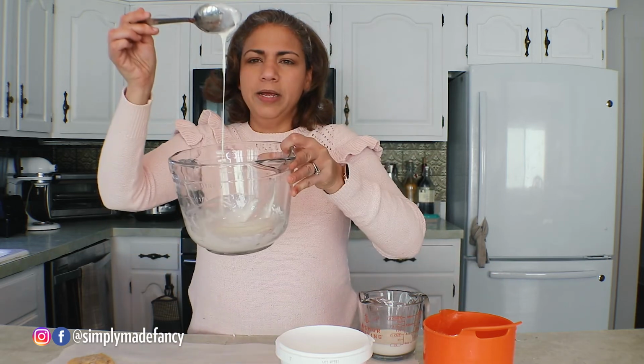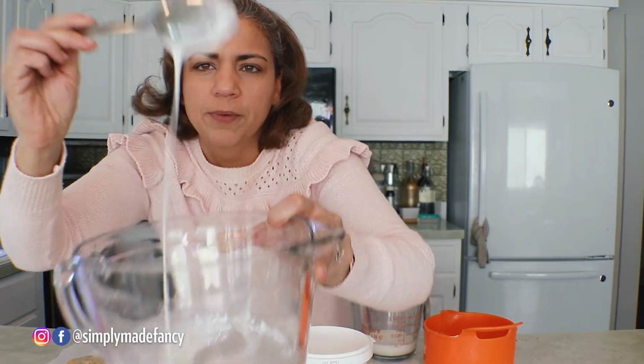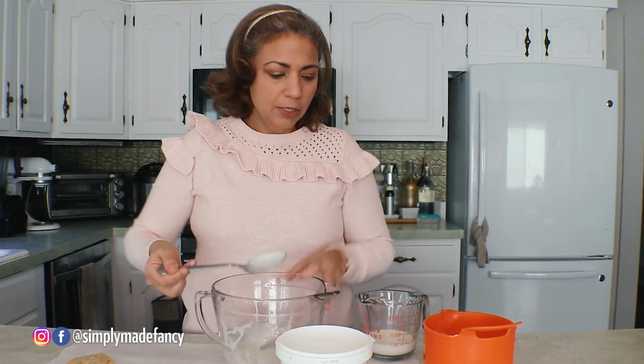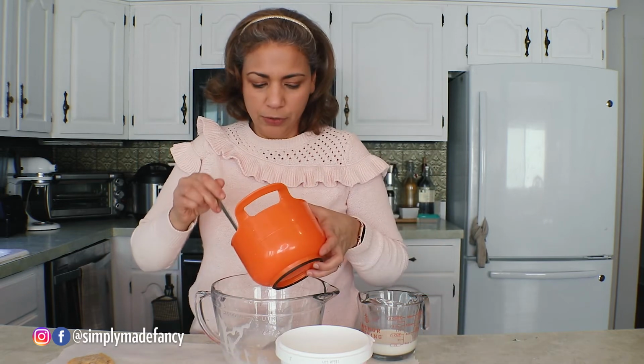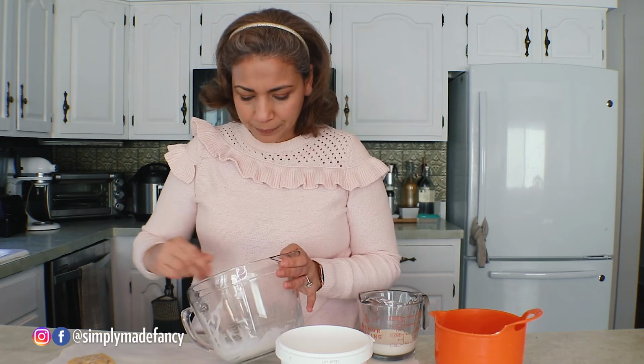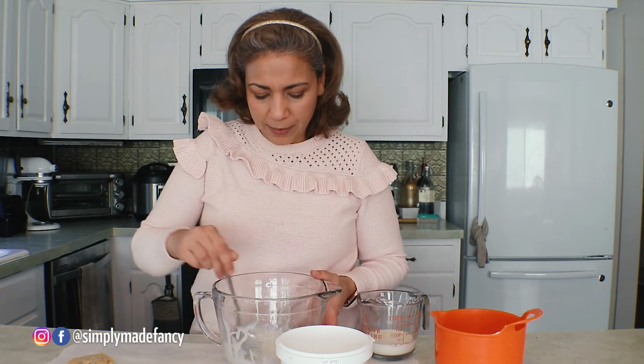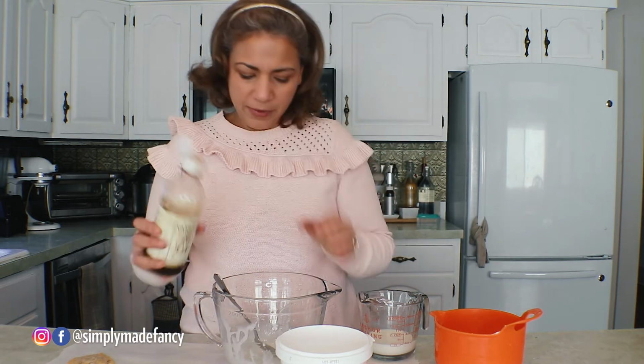So this right here is a little bit too runny for what I want. So I'm gonna add a little bit more of the powdered sugar, but now I'm just gonna keep adding little bits until I get that consistency that I like. And I think I am gonna add some vanilla to it. Let me just get that. I'm gonna add a little bit of vanilla,